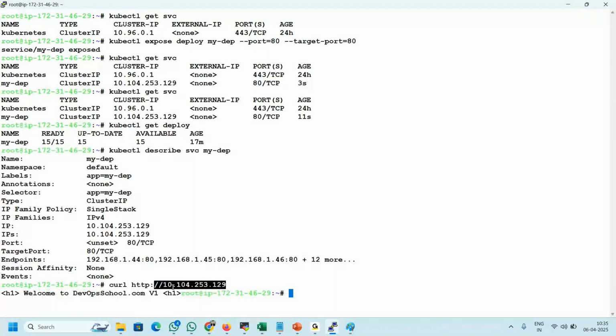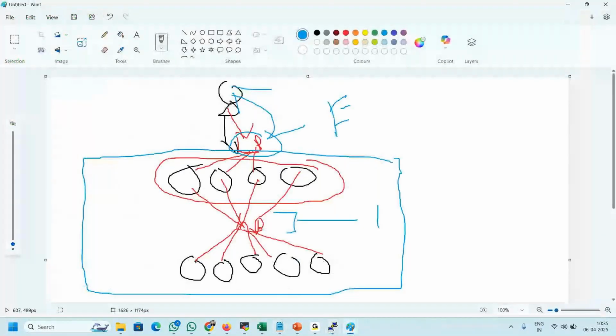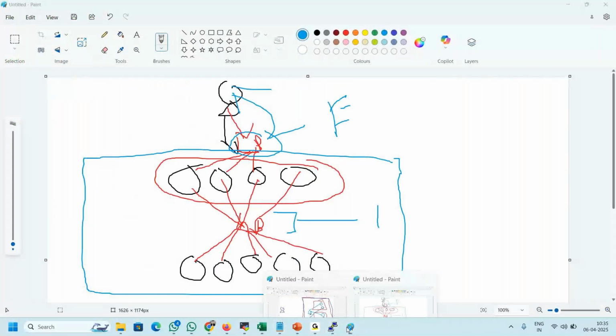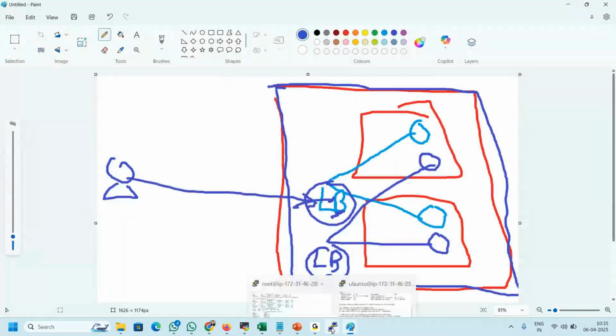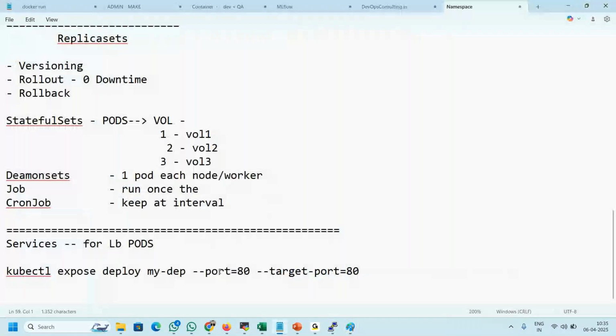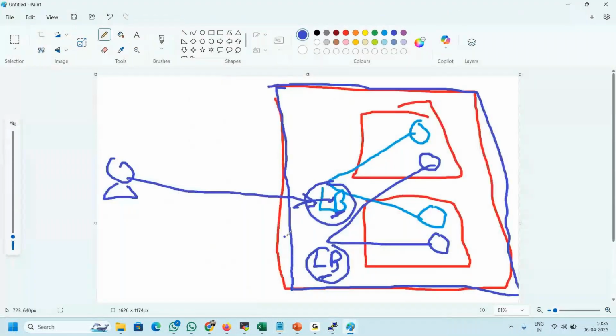Yes. Okay, but there is a problem. The problem is I got the service created, I got the load balancer created for the pods, but the scope is internal only. What do we do? Because this load balancer, which is the front end, needs to be accessible from this guy, which is not the case. So what do we do? Same thing you've been doing. You will expose, please understand that. You will expose this particular front end service, I repeat, front end service